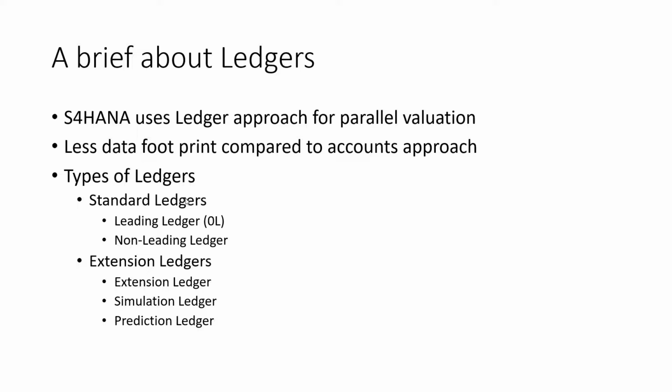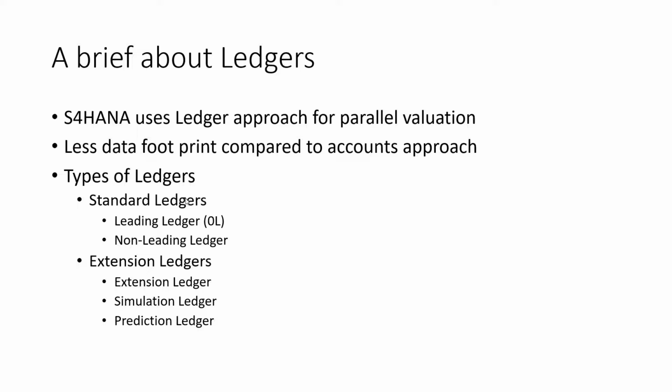And what is a predictive ledger? A predictive ledger is used in S/4HANA for a different purpose which we call COGS split, which is a cost of goods sold split. In S/4HANA, in controlling, we have a new feature called COGS split, wherein we split the entry of cost of goods sold as per its components. We can split based on the expenses that are incurred, rather than just storing it as a two-entry document. We can split the entire cost of goods sold into the different components that are involved in the cost of goods sold. To do this, we need a predictive ledger.